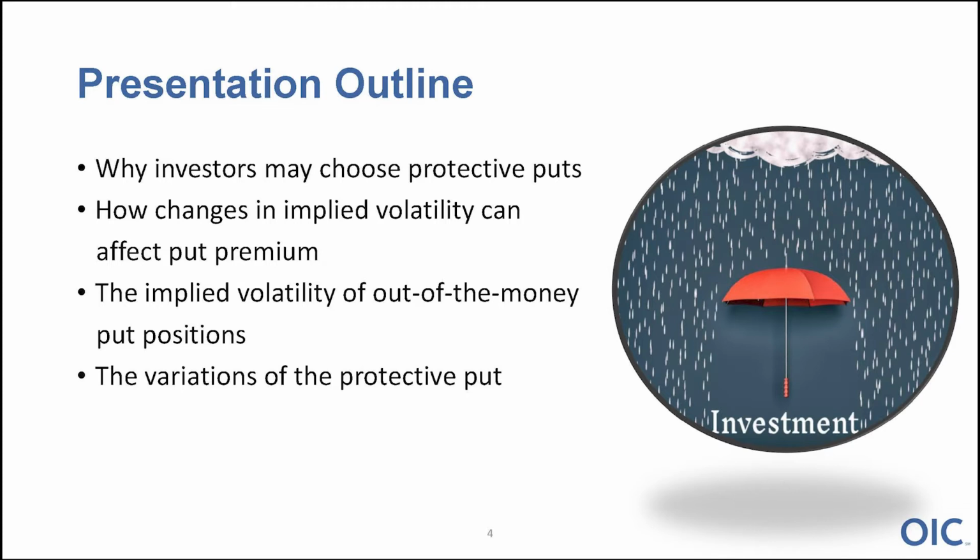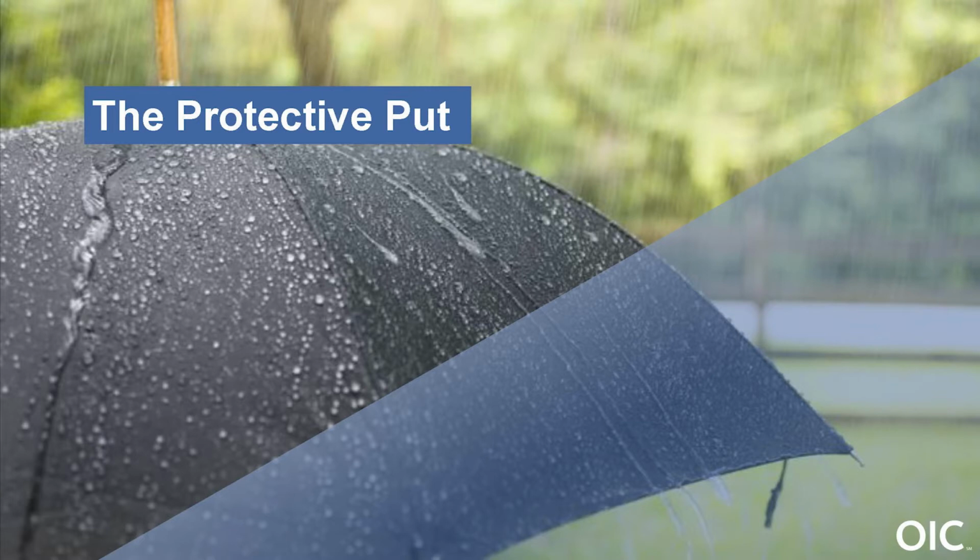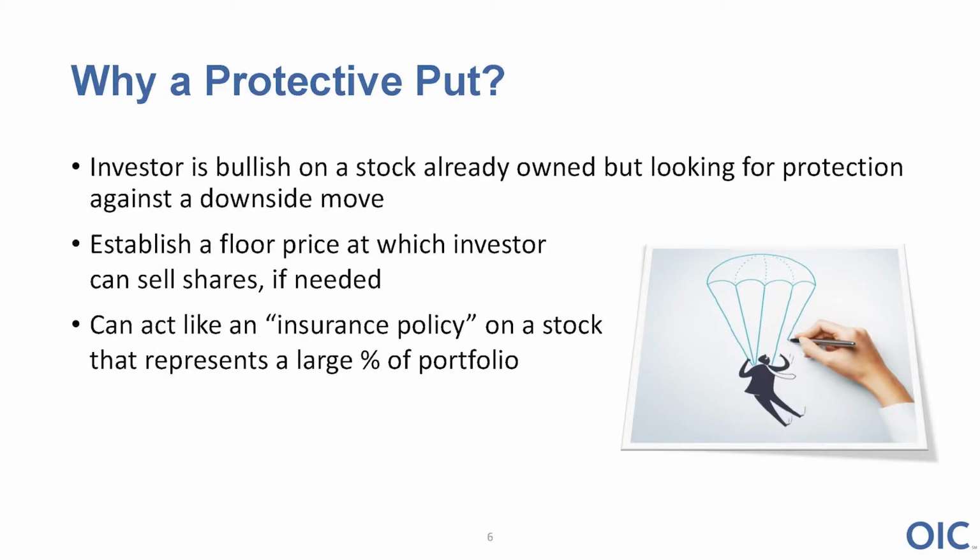All right, so let's get into it, the protective put. Why do investors use protective puts? By itself, buying a put outright is somewhat of a speculative trade. Somebody who buys a put is looking to profit on a downward move in a stock or an index. A protective put, on the other hand, is when you buy a put against a particular stock or buy puts against a portfolio as a whole, looking to establish protection or a floor price at which you can sell the